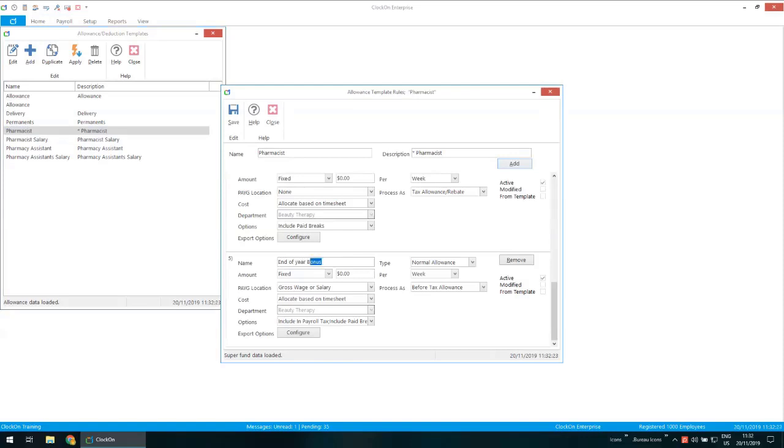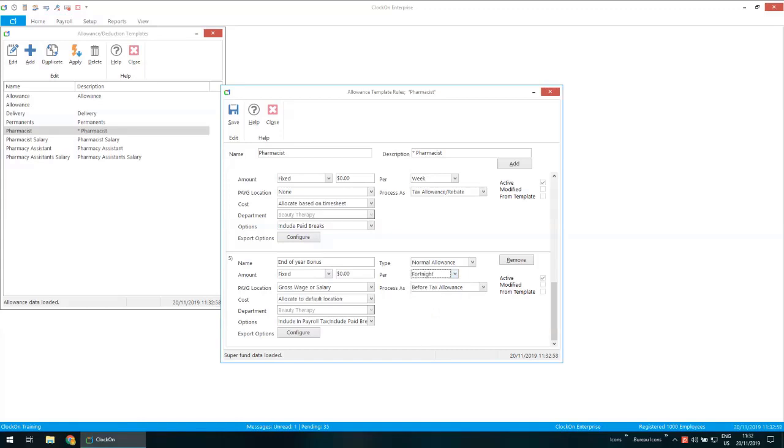I can call it whatever you want to show up, end of year bonus. And I'll just add a link on how to add bonuses too, if you want to look back on that one. We now leave the type as a normal allowance. The fixed amount, by leaving it as a 0 amount, means it won't automatically show up in the payroll. So that will still give you the ability to make it individualized once you're in payroll, but it'll be there ready to go. You want to select the pay period that you normally work with, so per week or per